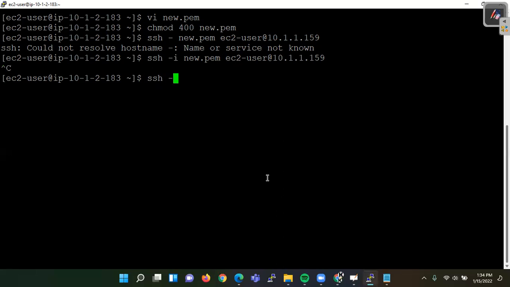SSH dash i new.pem ec2-user at the address. It is not working, friends.